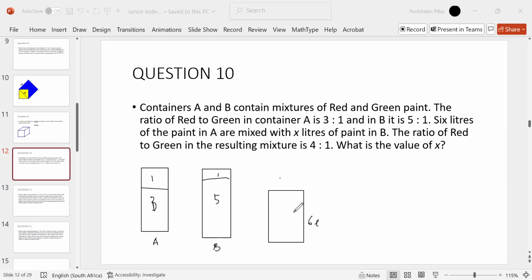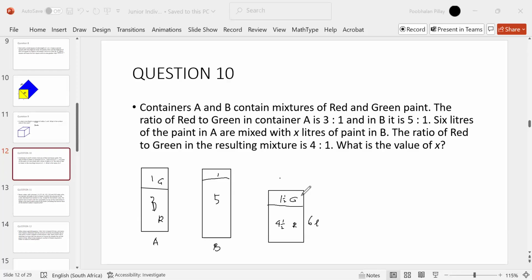how much of green and how much of red do you have in the 6 liters? The ratio is 3:1, so it will be 3/4 of 6, which is red. I'm sorry, it's red, yeah. This is red, green. So you got 3/4 of that, which is 4.5 red and 1.5 green. So in this mixture, 6 liters, 4.5 of that contains red paint and 1.5 contains green